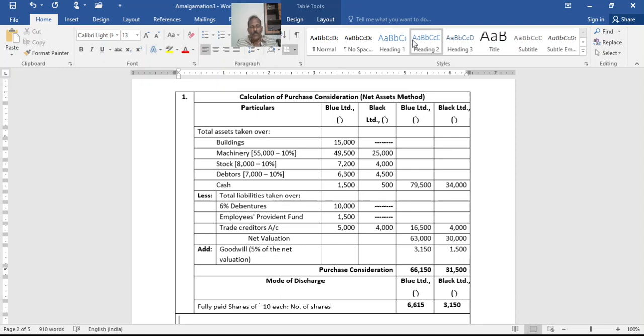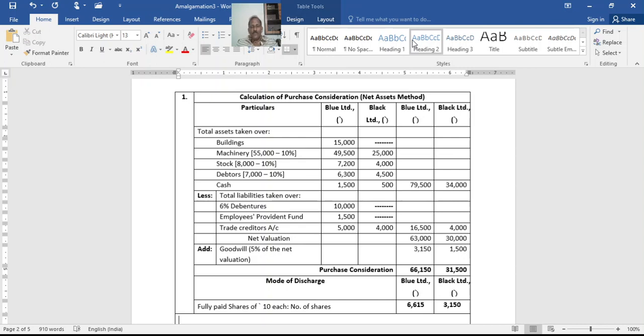When you go through this problem, you can see there is no mention of payment, how payments are made to the shareholders of both the selling companies. Then there is no mention of a total price payable, so you can't follow the lump sum method. Even share exchange is not possible. Then there is only one method, that is the net asset method. In the net asset method, first you have to sum up the agreed value of all assets taken over, referring to the conditions set in the problem. From that, you have to deduct the agreed value of liabilities taken over.